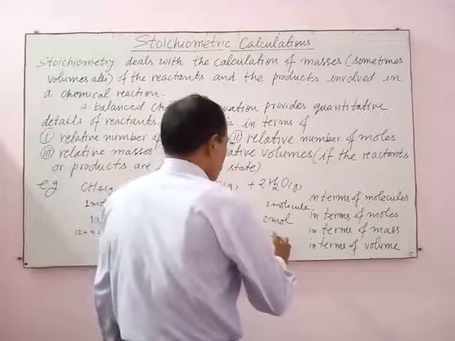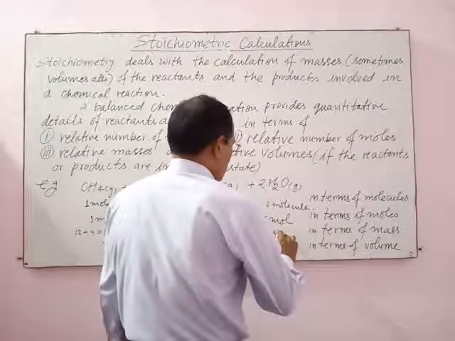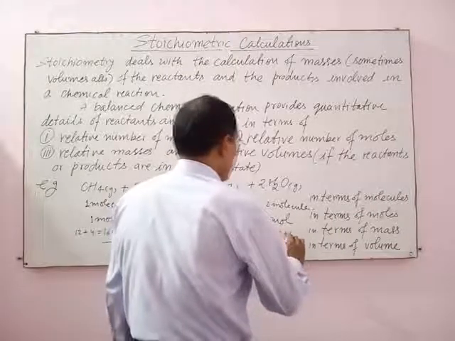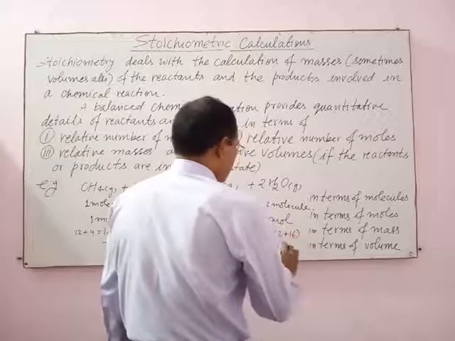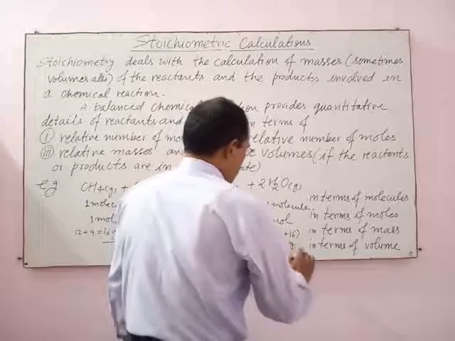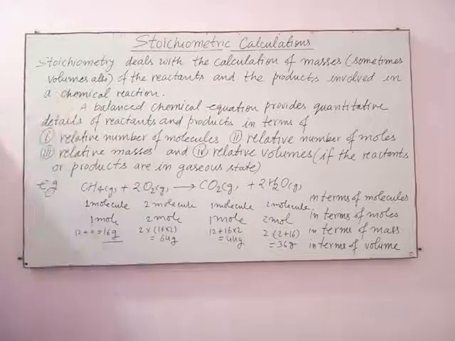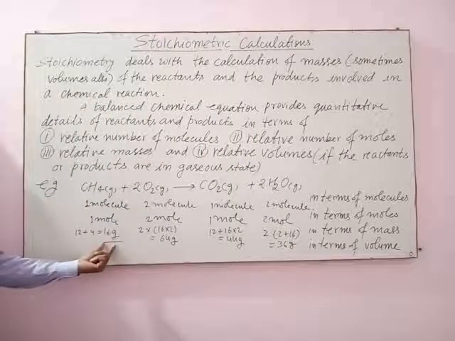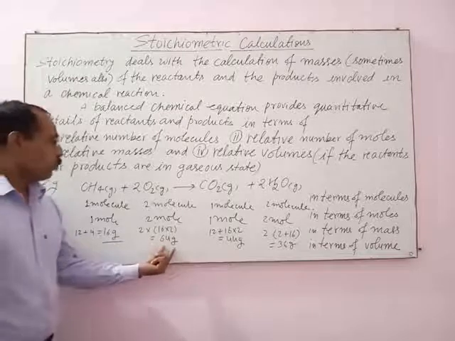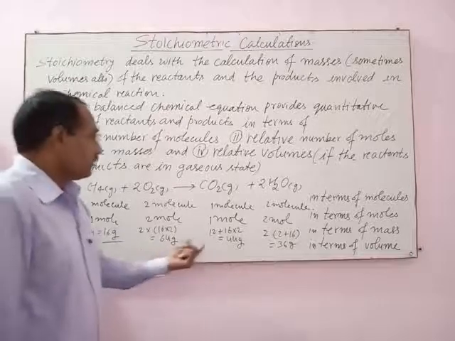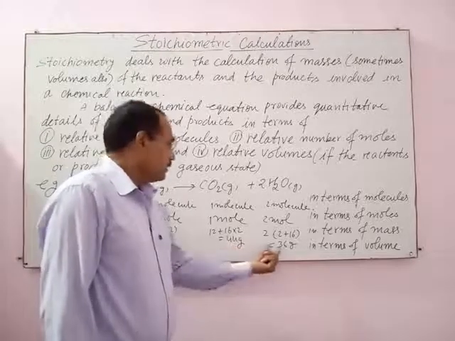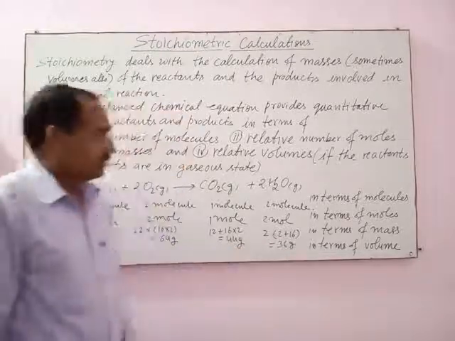H2O is 2 into 2 plus 16 equal to 36 gram. In terms of masses, 16 grams of methane reacts with 64 grams of oxygen, gives 44 grams of carbon dioxide and 36 grams of